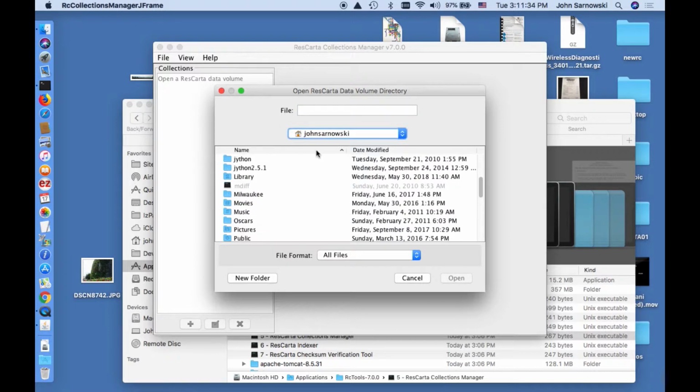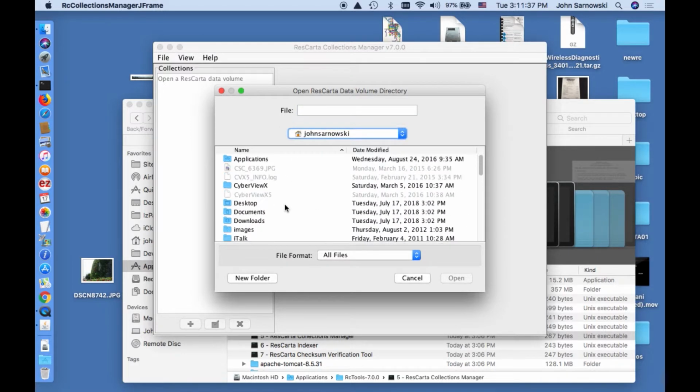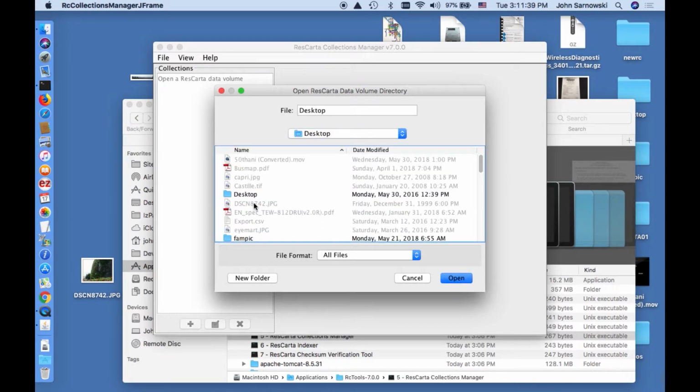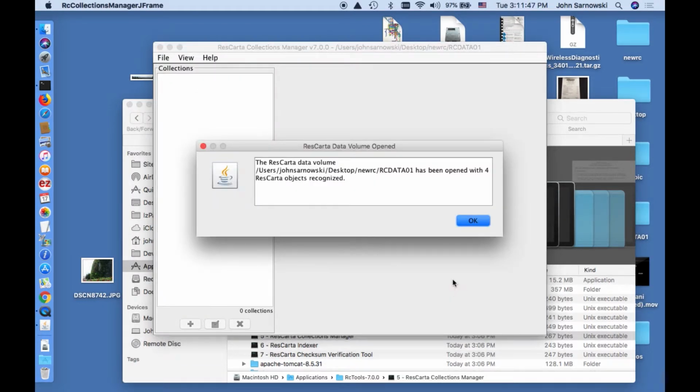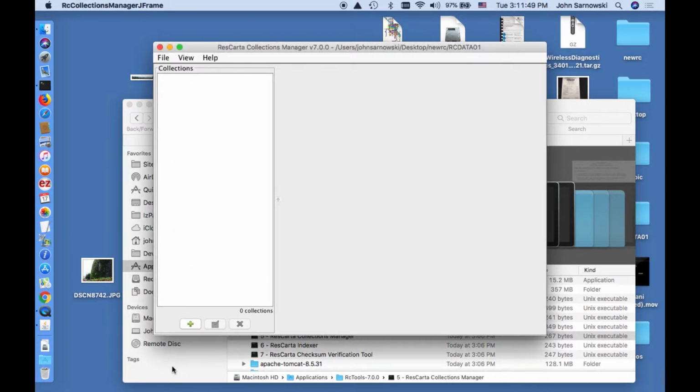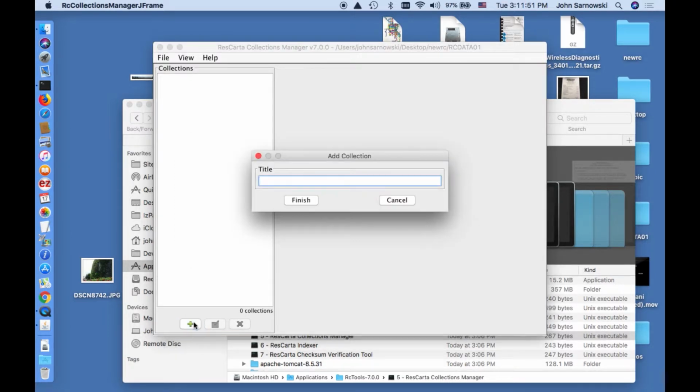And I'm going to go on John Sarnowski here, and I'm going to go to desktop, and, oh, there it is, new RC. This time I can find it. RC data 1, and boom, it's found it with 4 objects. I'm going to add a collection. Again, you might want to read the documentation on this. I'm going to just call this family